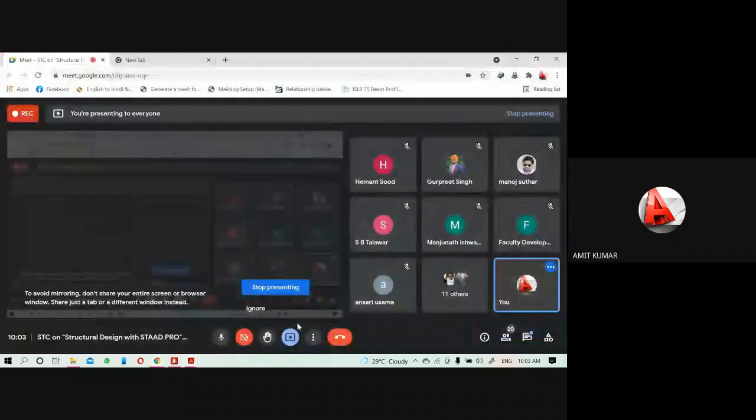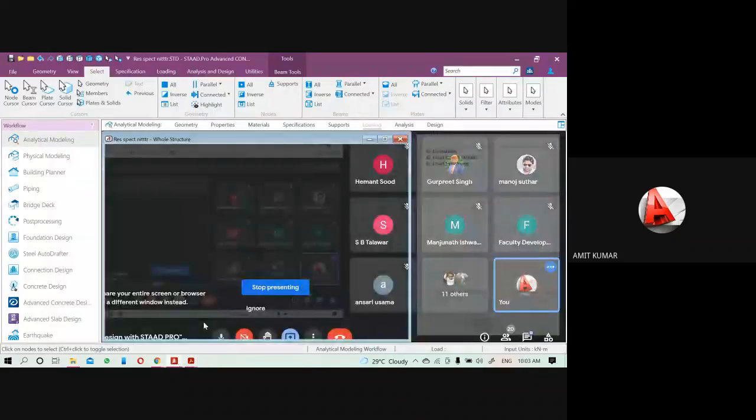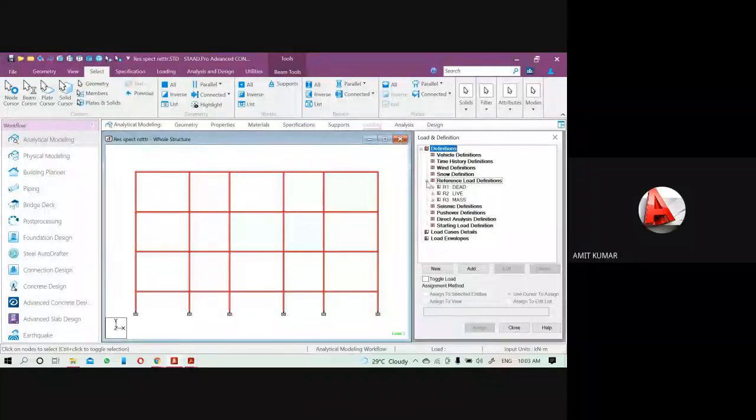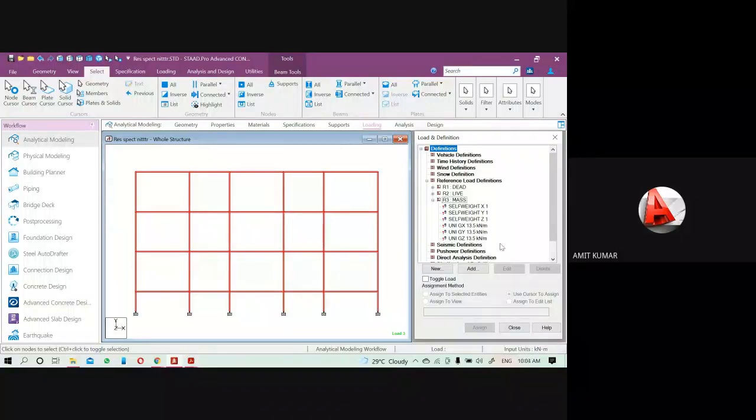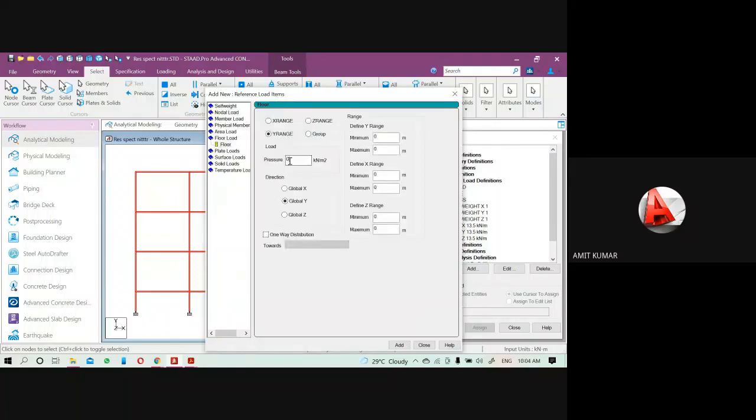Okay, that's why here in the STAAD Pro we have to add the mass value for the live load also. That will be your lumped load. Okay, so click the mass load, click on the add again and come to the floor load. This time you have to put the value 2, that is the 50% of the live load, and the range is from 10 meter up to 10.5 meter. First it will be along gx, then gy and gz.